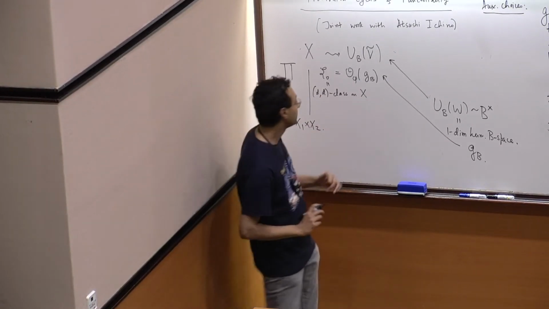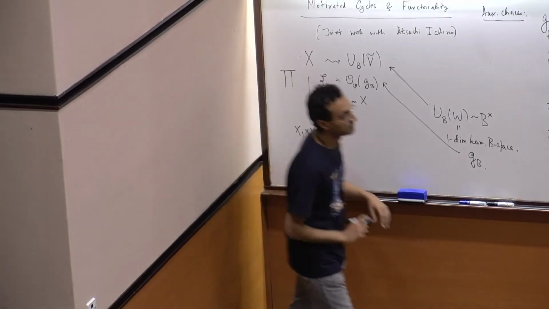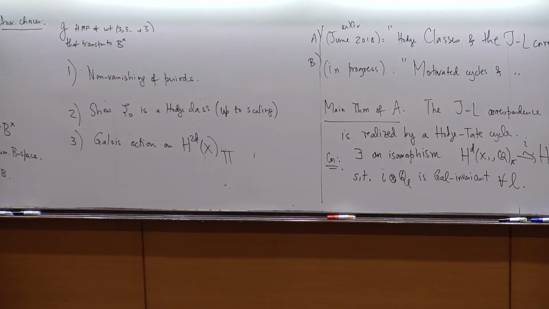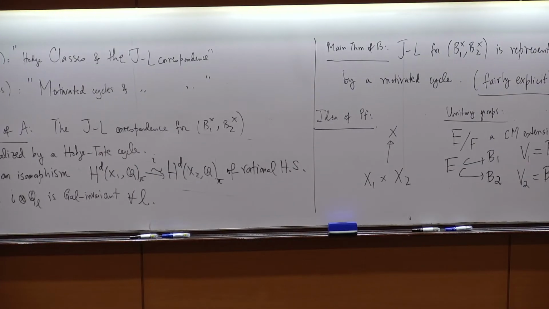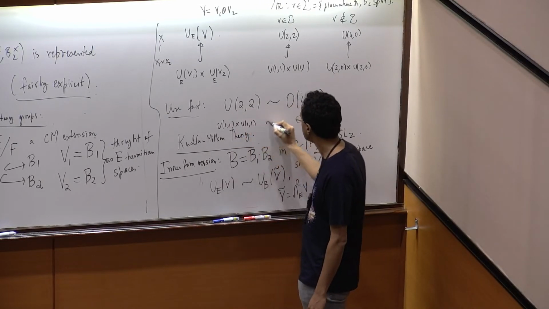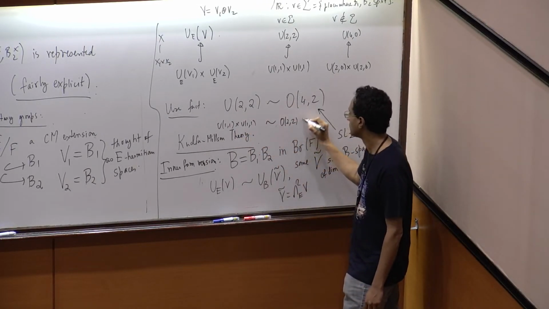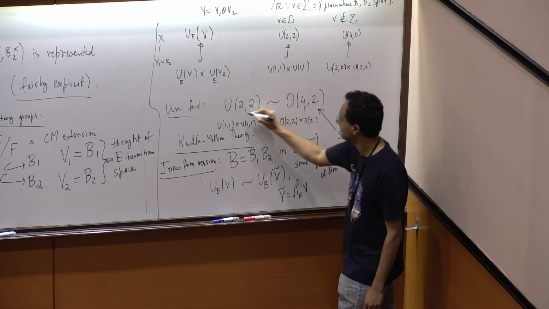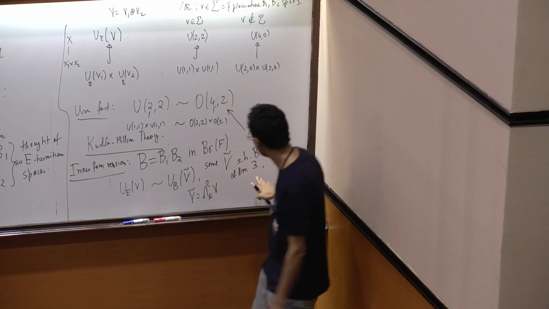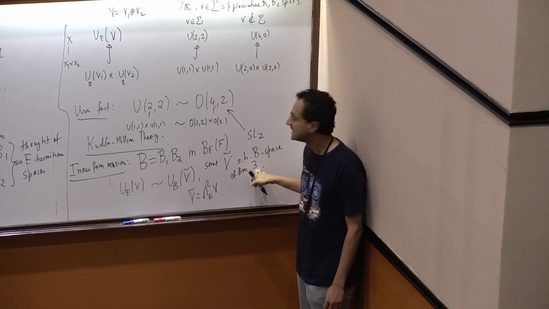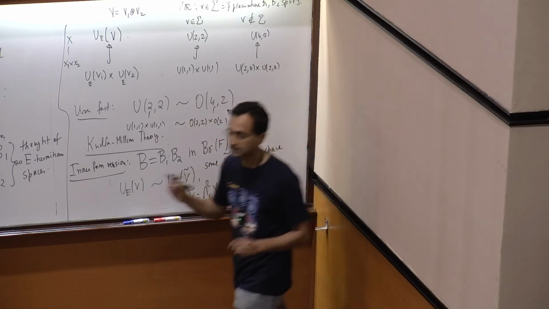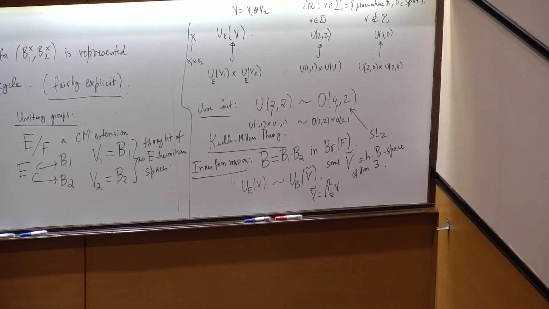All right. So for the non-vanishing of periods, we're looking at U(1,1) cross U(1,1) inside U(2,2), and we're using the fact that U(2,2) is essentially O(4,2), and U(1,1) cross U(1,1) corresponds to O(2,2) cross O(2) inside here. Okay, so there's some symmetry that's broken, and the idea is that when you take this three-dimensional skew Hermitian space, you want to break it up as a sum of a two-dimensional and a one-dimensional space. Okay, that's this sort of symmetry breaking,